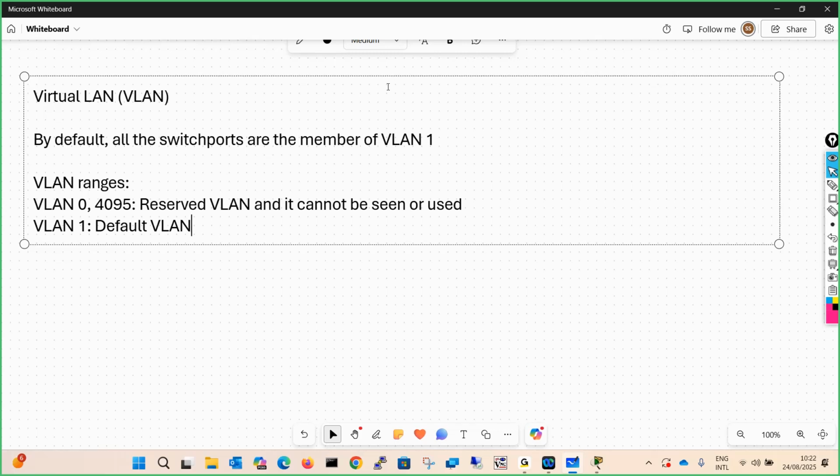And always remember this, that the default VLAN, that is VLAN 1 over here, can't be deleted or edited. But it can be used. Like VLAN 0, I have said, cannot be used, but this is not the case with VLAN 1. VLAN 1 is a default VLAN. It can't be deleted or edited, but it can be used.